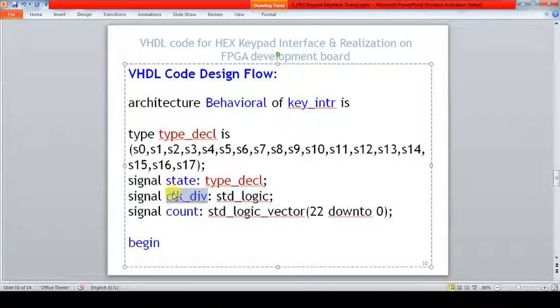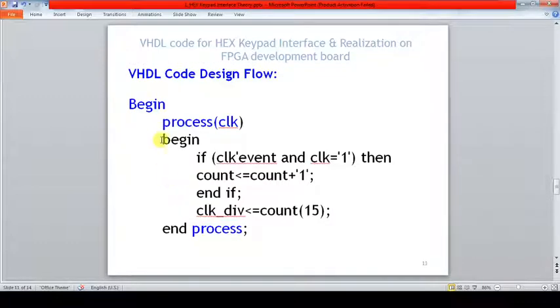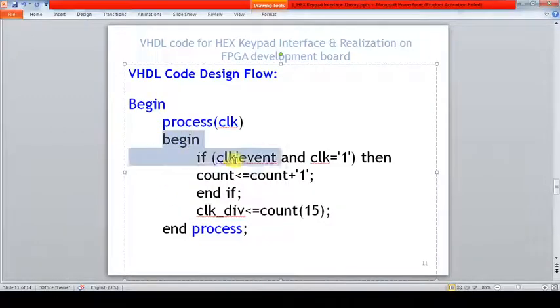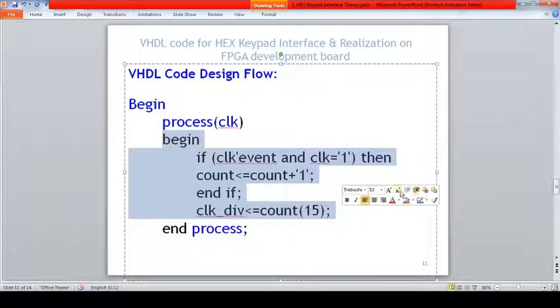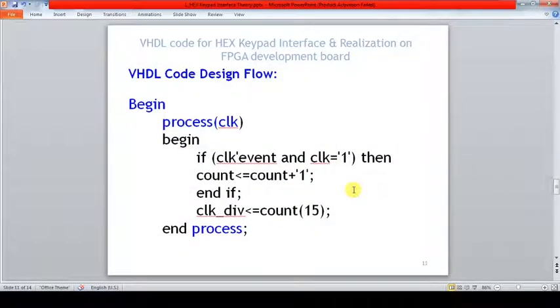So this is the second section, and the third important section is writing the VHDL code for the clock divider. For this also I recommend going back and watching our earlier video where I have explained there are two types of clock dividing methods.